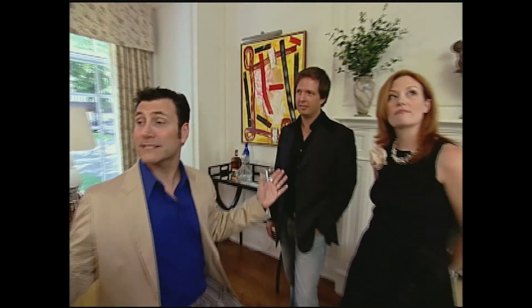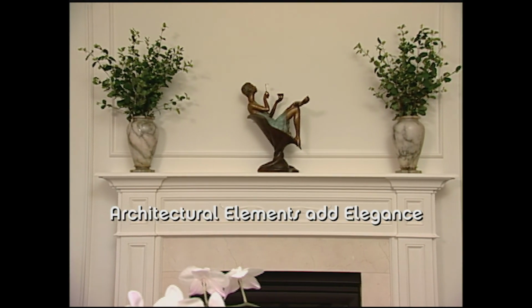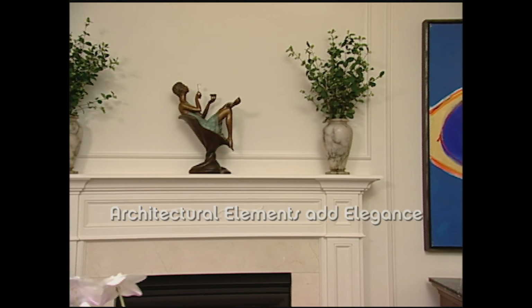David, this is a glorious room. Thank you. What do you think is going to be the biggest challenge? Convincing them to put all this architectural molding on their walls. When the room was just drywalled, it was very plain. It's just a subtle way to add detail to the room and just create a grander, more elegant space. They did tell you we have like a few days. Yeah. So...